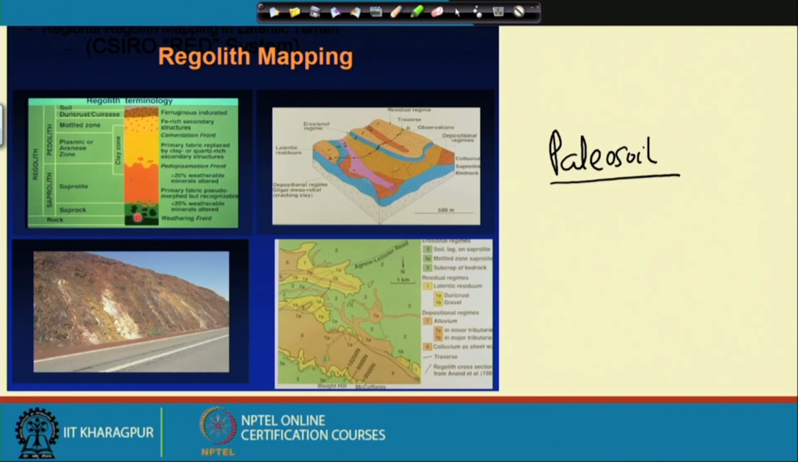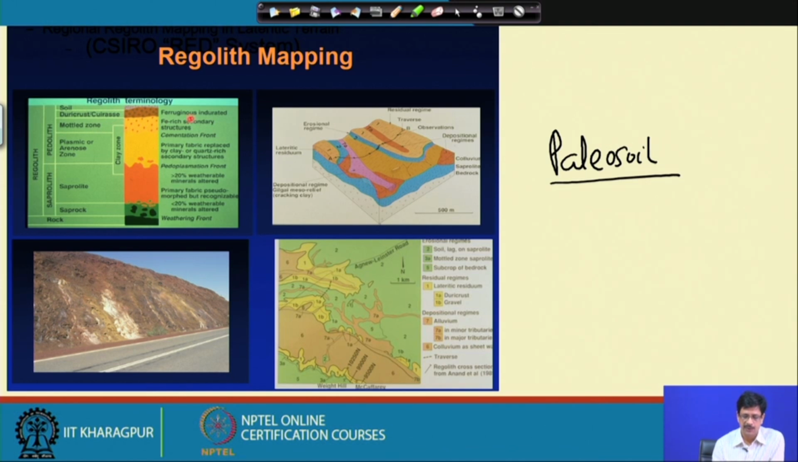in the saprolith zone, we get the saprock, which essentially contains fragments of the bedrock, and about 20% of the weatherable minerals are altered, followed by the saprolite, which will be a layer where the primary fabric is pseudomorphic but recognizable of the parent rock, and this is a kind of pedoplasmation front, means this is the front which goes over to the formation of fresh soils, and there is the clay zone, where the primary fabric is replaced by clay or quartz rich secondary structures, and then it comes to the cementation front, and the top is essentially the soil,